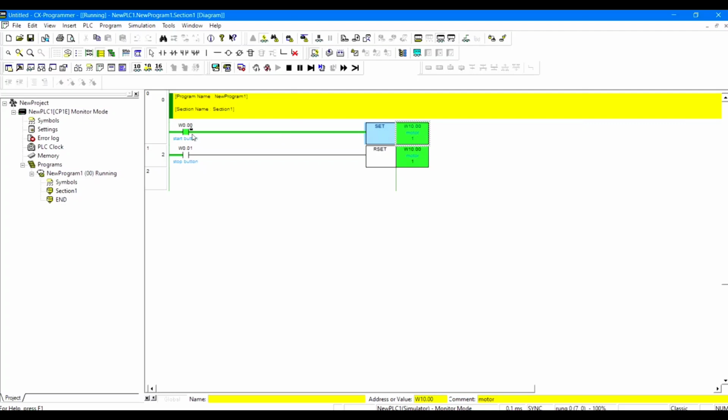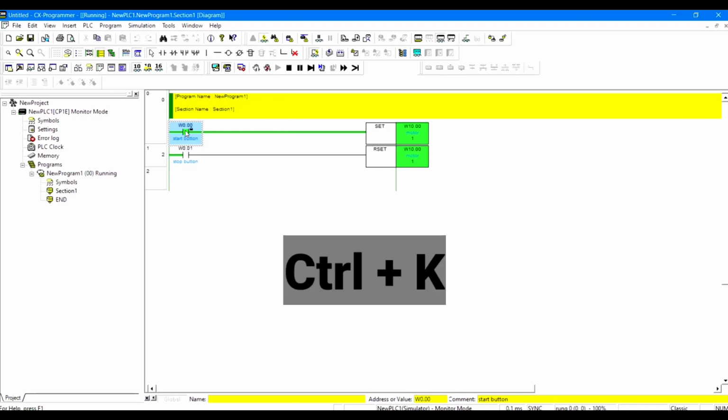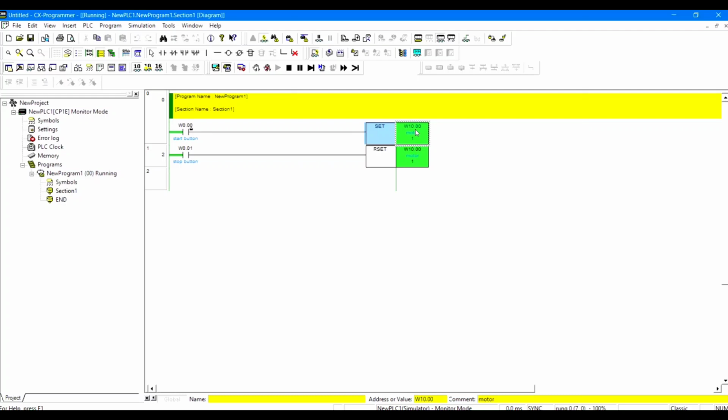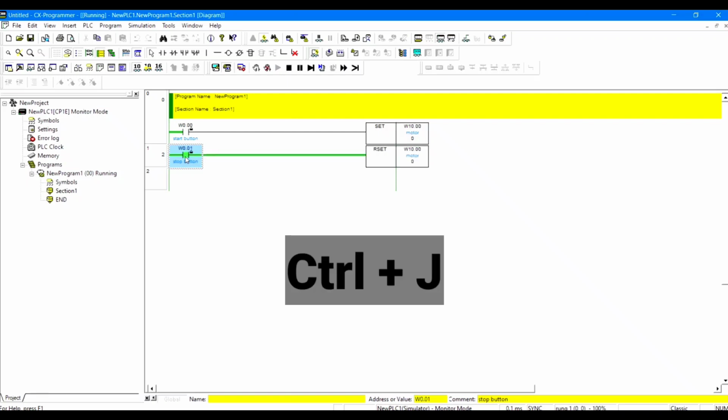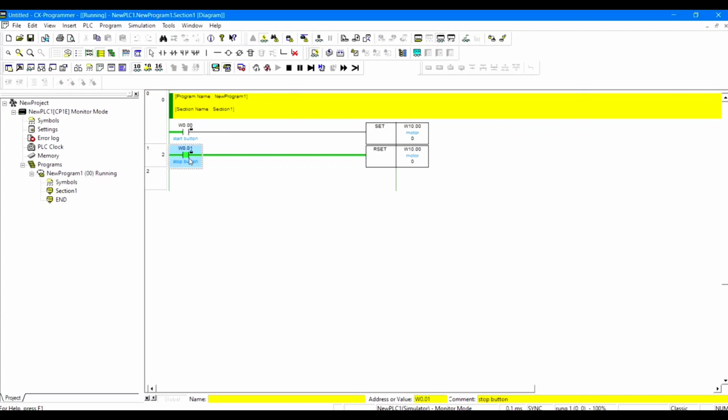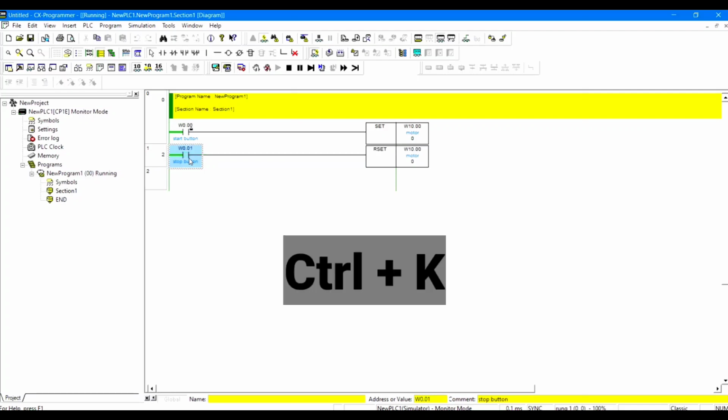That means the motor is on now. So as I have told you, once the motor is on, then whatever the status of the start button, whether it is off or not, the motor will stay on. So this is the working of the SET instruction. As for the RESET instruction, when we turn it on by pressing Ctrl J, the motor will turn off, and this is the basic working of the SET and RESET instructions.